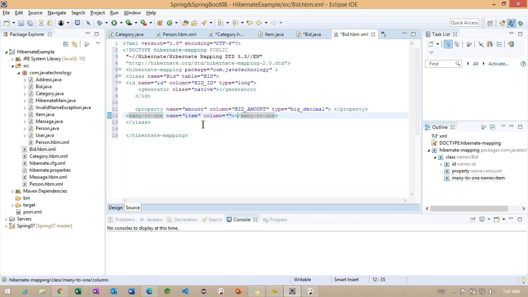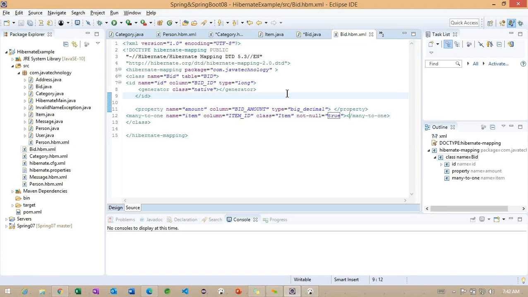It is going to map with the column called item ID, because these many records are going to match with one table that is called item. Because of that, we are making item ID here, and class. What is the name of the class here? Item. And if we want to make a not null constraint, we can use true.